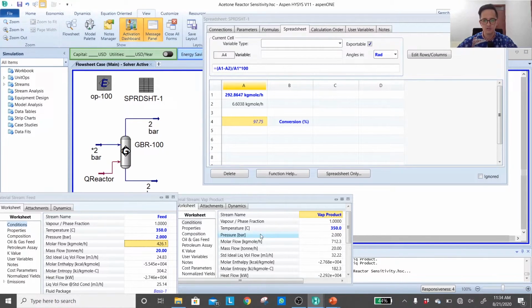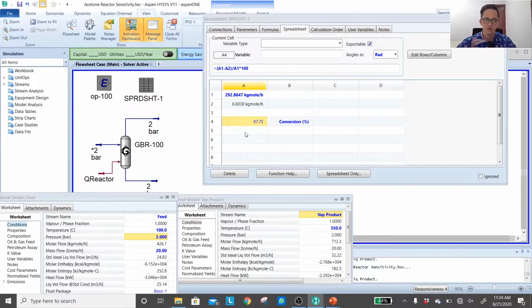How about the temperature? Let's check the temperature. Is it really necessary to operate at 350 degrees C? Let's change it, starting from 100 degrees C. Now maybe you see something strange.